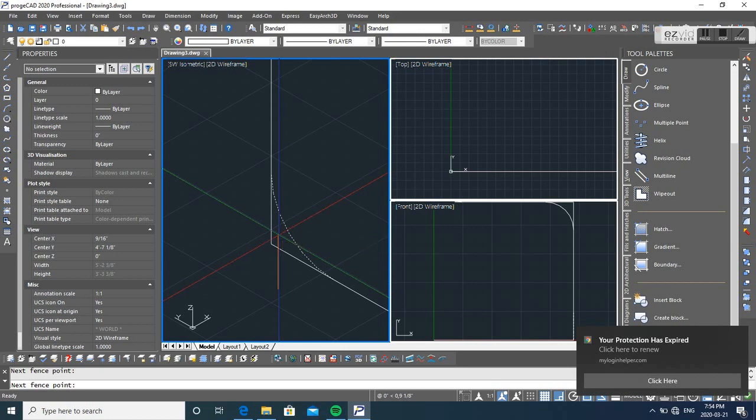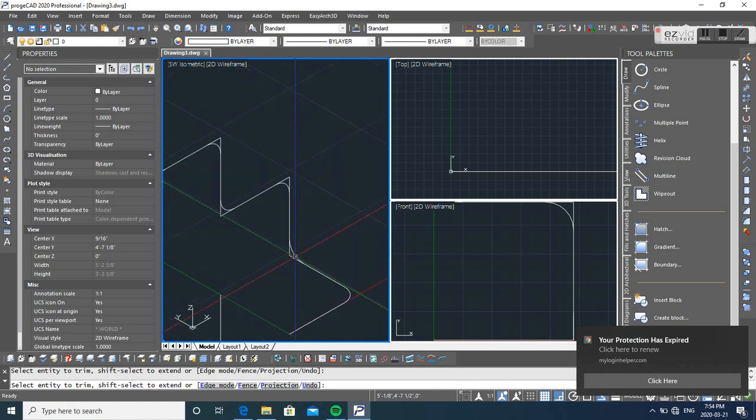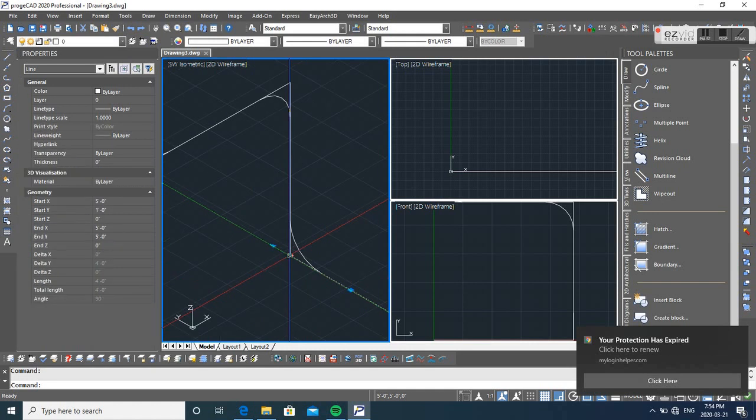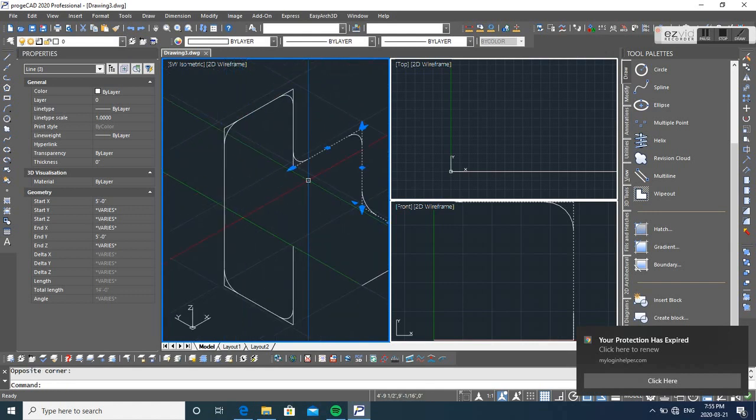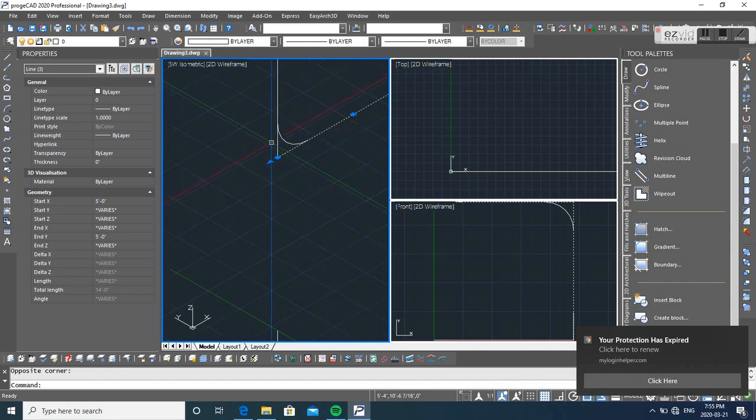It's giving me frustration since the first video that I created, importing a DWG and a DGN file. Actually, a 3D DWG model file and a DGN 3D model file. Now, this is the second time that this ProgeCAD is giving me some trouble with regards to fillet, and this is not acceptable